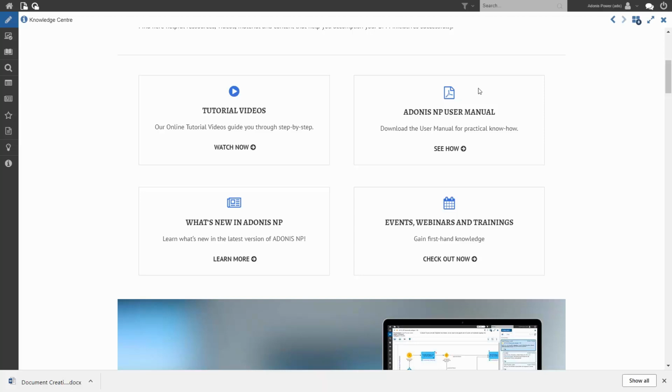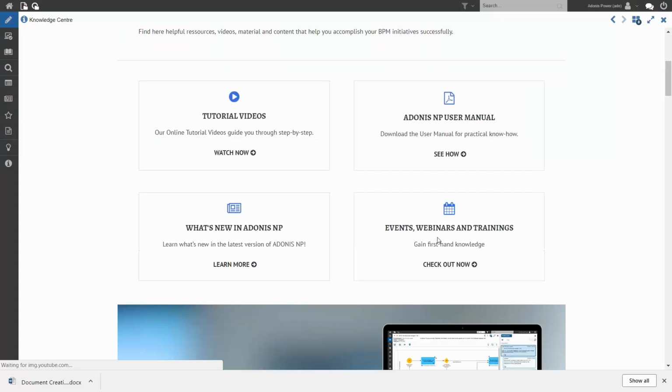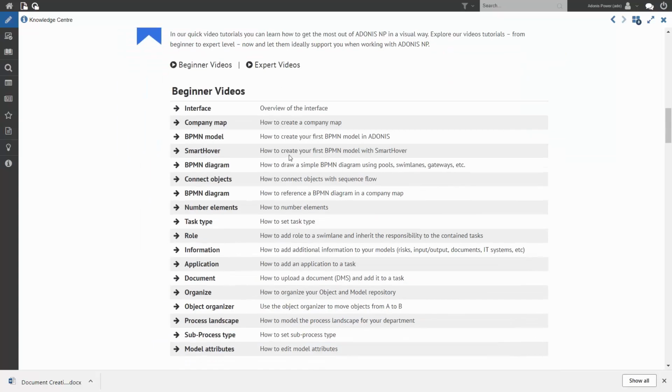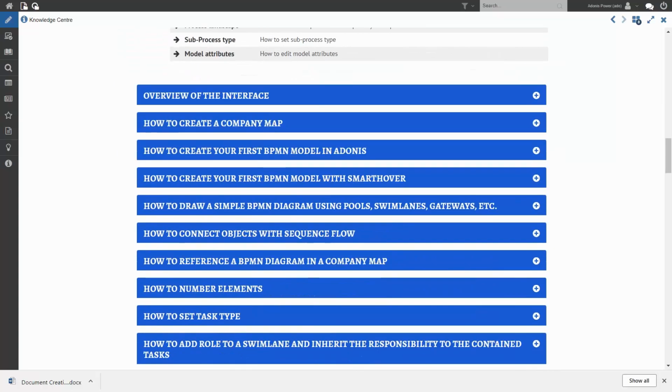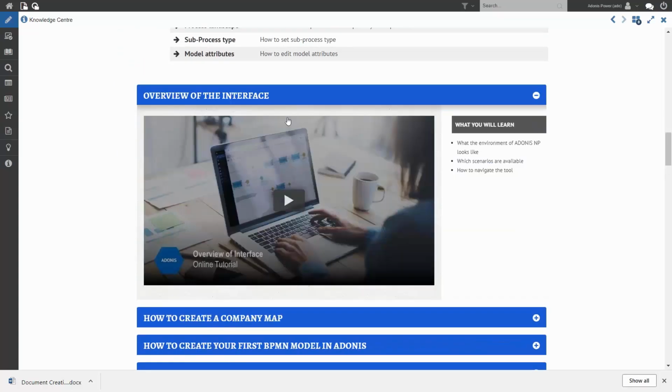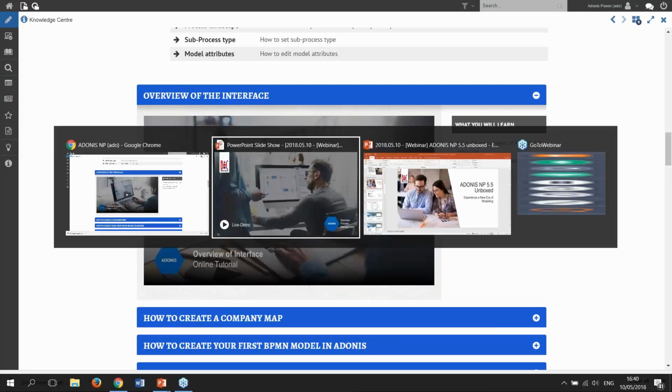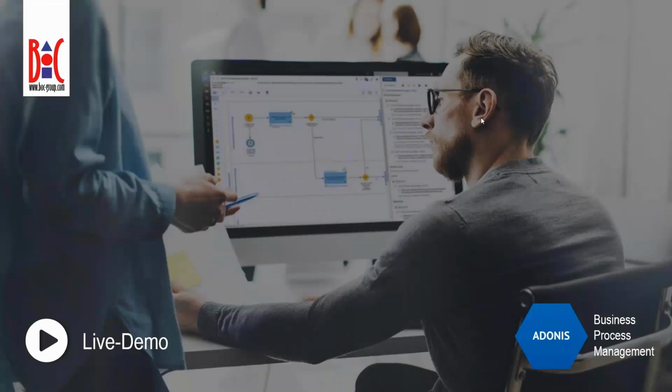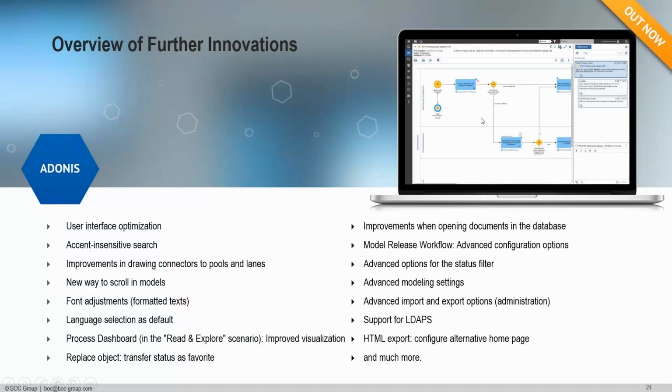Okay, so that's the end of our tool demo for today. If you click watch now on the tutorial videos, it jumps you down the page and gives you an overview of the videos that we have, and then you can open up the videos here to play them directly here. So if we jump back to our slides,